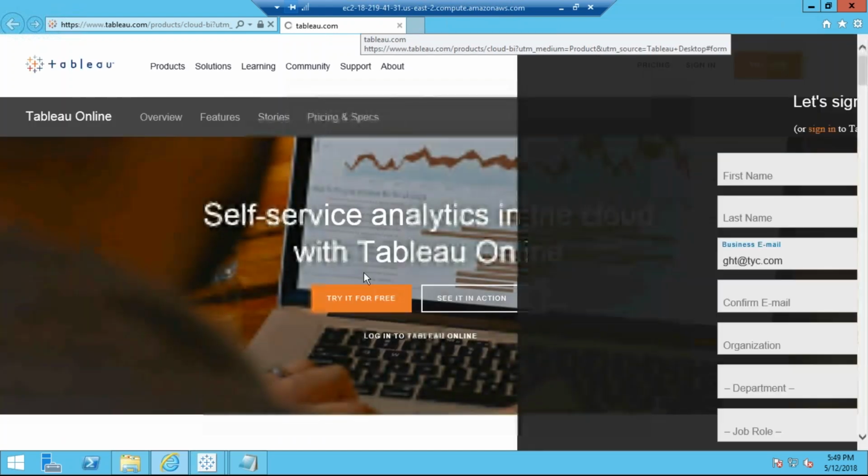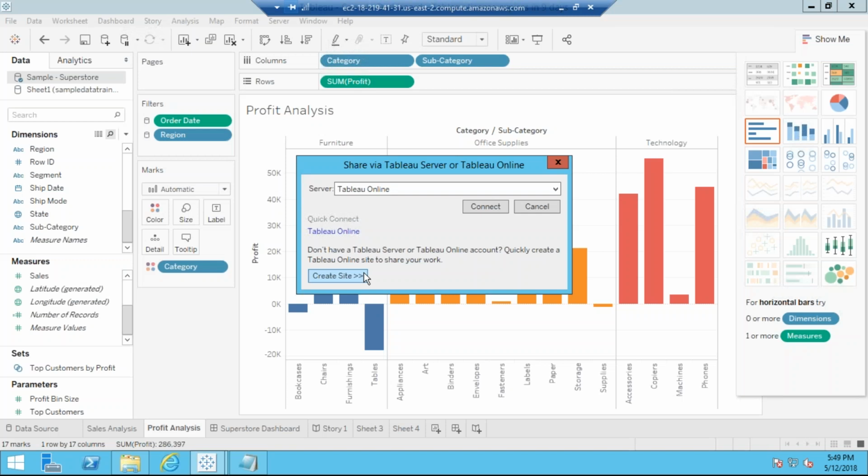Actually, a site is nothing but where we save the projects. In your case, you might be working on project 1. After project 1 is completed, you will save project 2. All these projects are saved in sites. There might be site administrators and there are server administrators. Let's suppose you are a developer and you just have developer access.